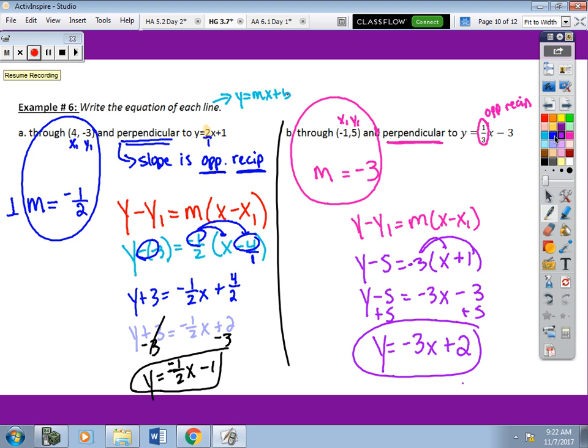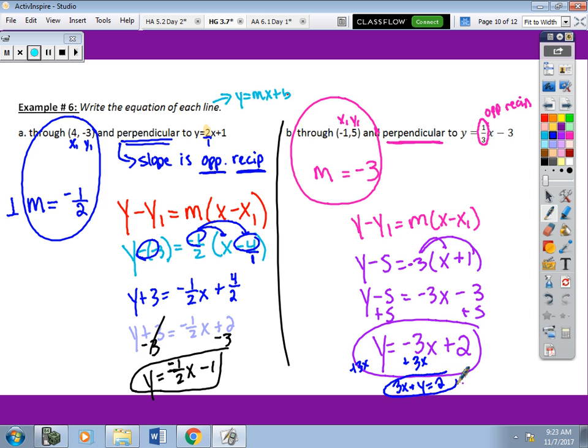If they want this in standard form instead, all you have to do is move the x over using inverse operations. So you ask yourself, what is the sign? What's the inverse? And then you always put the x first, so that's why you'll see me write it over here. So if I were to put this in standard form,